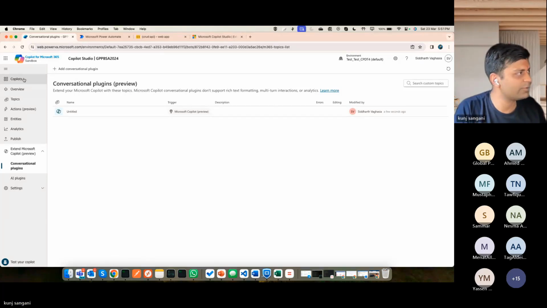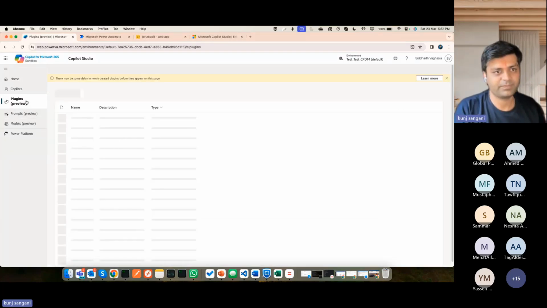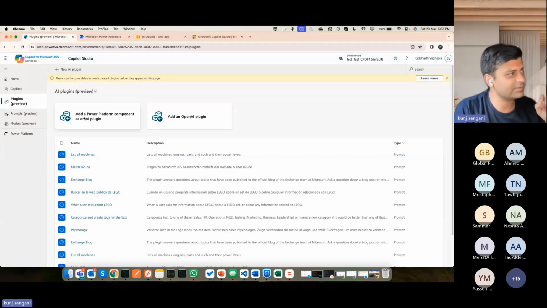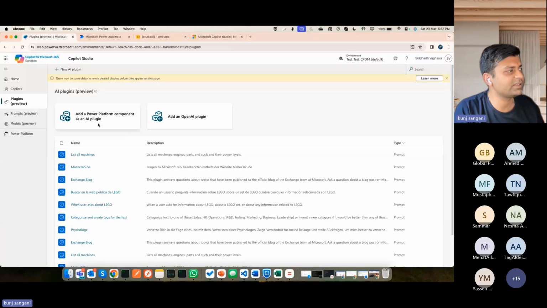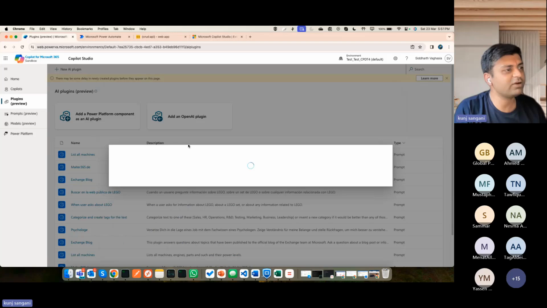studio. If I go to Copilots, there's something called plugins preview. This plugin preview has 2 different categories here. One is called add a Power Platform component as an AI plugin or add an OpenAI plugin. But for this second category of plugin, which is generate content or extract insights, we use Power Platform component. Okay, and it has this generate content or extract insights. If I click on it,